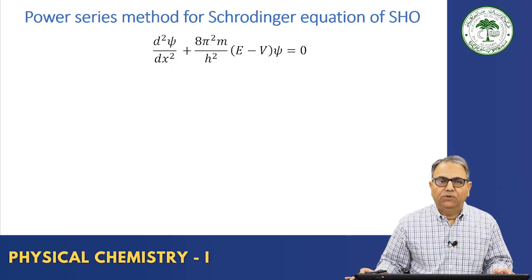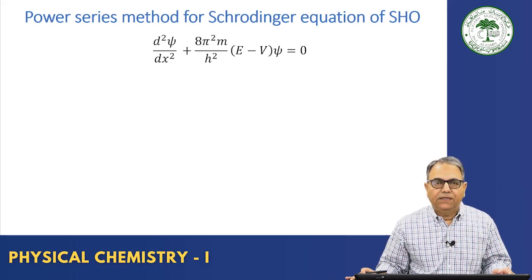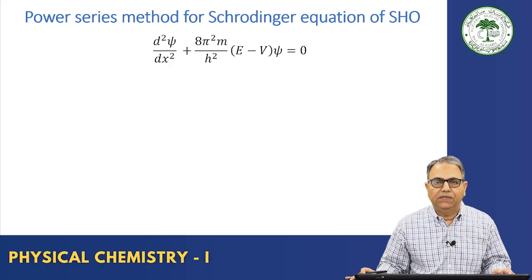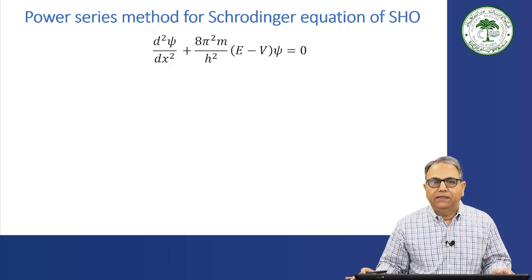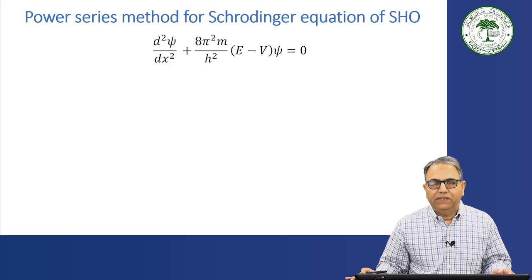We talked about in the last module the solution of the Schrodinger wave equation for the simple harmonic oscillator. I said that the simple harmonic oscillator solution has two different methods. One is by using the ladder operator, which we talked about in detail in the last module, and another is the power series method. In the power series method, more mathematics is involved, and those of you who have not